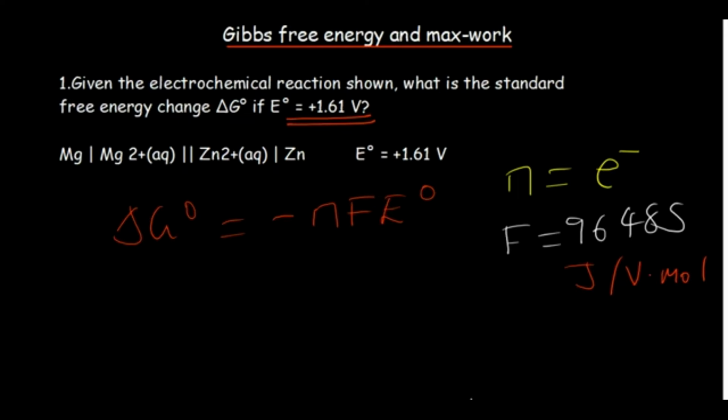So we've been given the standard cell potential. Then we need to determine the number of electrons that are being lost in one reaction. So this is the anode reaction. We can rewrite it. I'm sure we're clearly able to see it before writing to say we are moving from